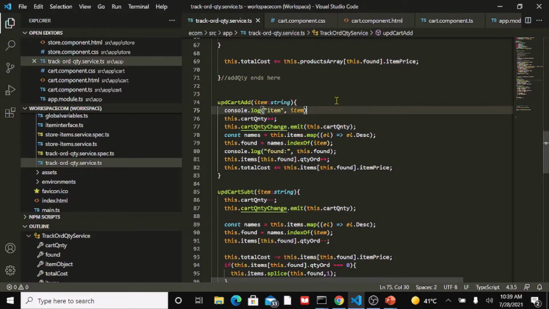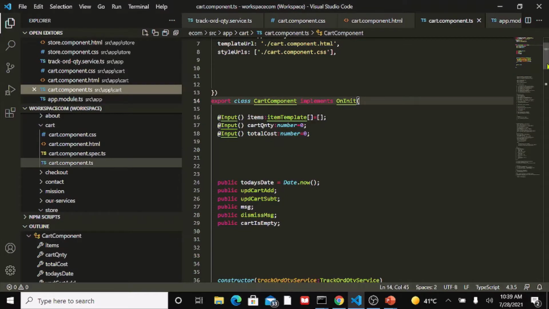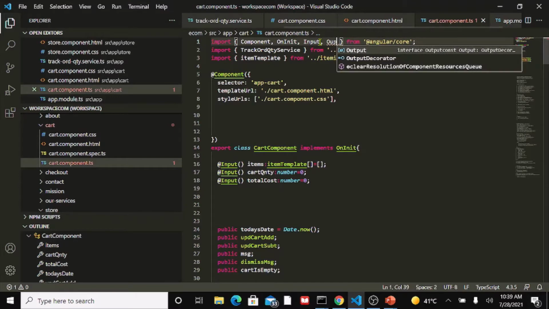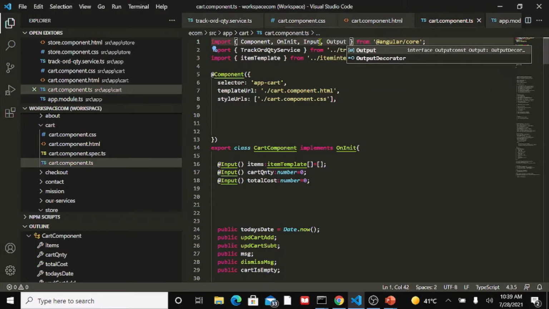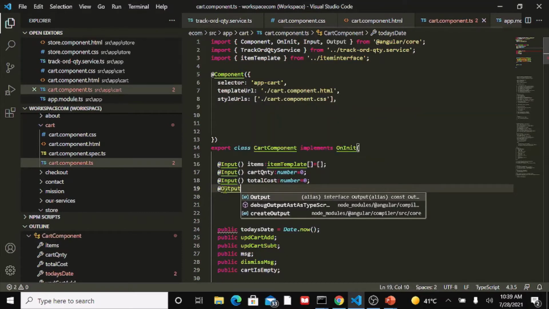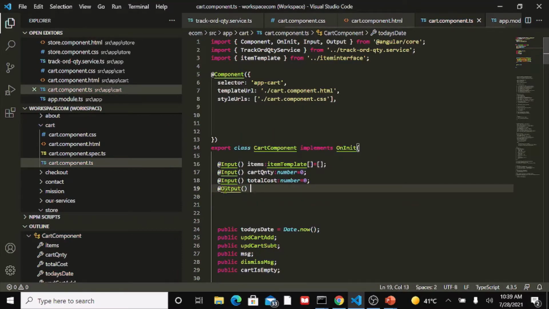Now, coming to the next thing that we need to do, come to our cart component TypeScript file, and we need to import the output directive here as well. So we can put it straight up here after input, comma, output, right? And then we just declare the property with the output decorator, and it needs to be the same property as we have declared in the track order quantity service file, right? So cart QNTY change,